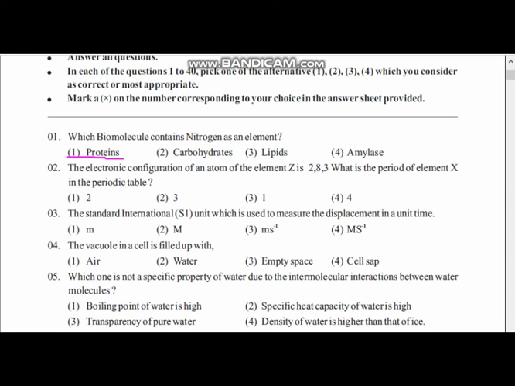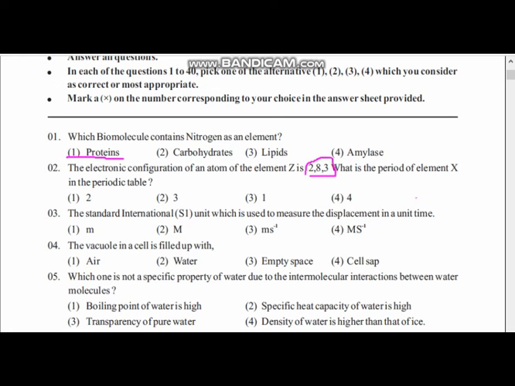Okay, then second question. The electronic configuration of an atom of the element Z is 2A3. What is the period of element X in the periodic table? So if you take Z, it is 2A3. So according to alphabetical order, X, Y, Z, no. Element Z has 3 energy levels, so it is in the